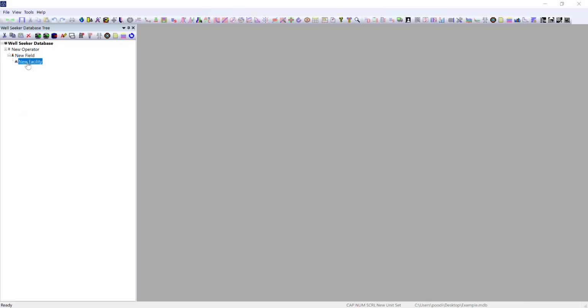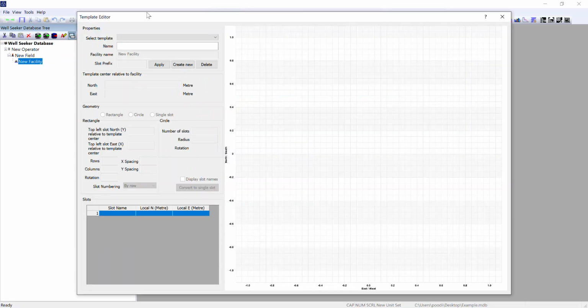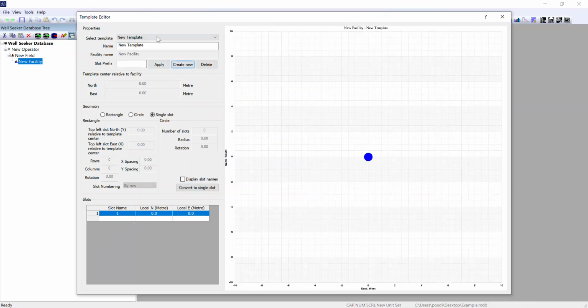So, in order to input a slot template, open up new facility properties, and within there you'll find this button, Templates. Select that and it will open up the template editor. First thing you have to do is create a new template. Then name it what you will,